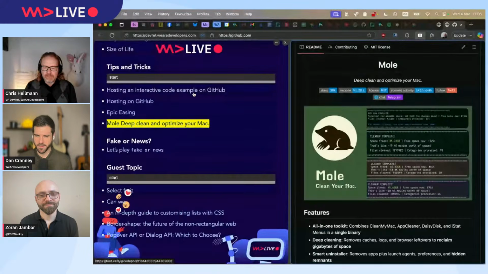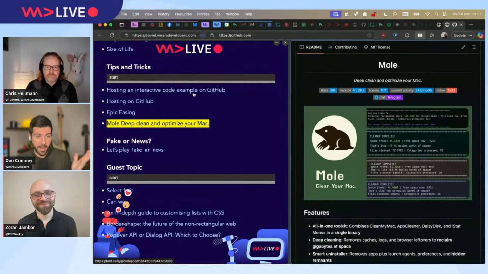It doesn't find things like browser files, I don't think anyway, and things that are just sat in different caches. It pretty much just shows you here's your documents, here's your large files, here's your applications, which ones you want to get rid of. So yeah, I ended up removing, I think it was 360 gigabytes in one go. I just left it running for about an hour, came back, was expecting to have about 100 gigabytes free. And then I saw 360 and I actually restarted my Mac because I was like, that can't be right.